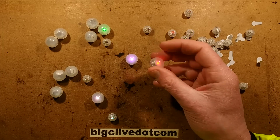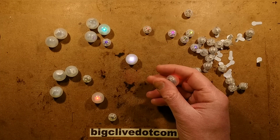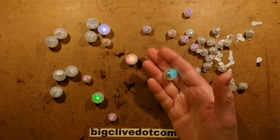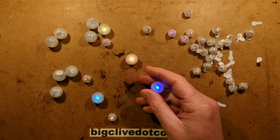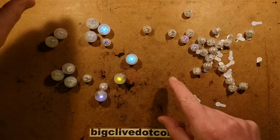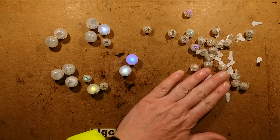And these ones were a bit more expensive. These ones came in at about £5.46 in this instance for 12. The other ones, the balloon ones, which contain smaller batteries, were a lot cheaper. Now, strangely, the balloon ones,